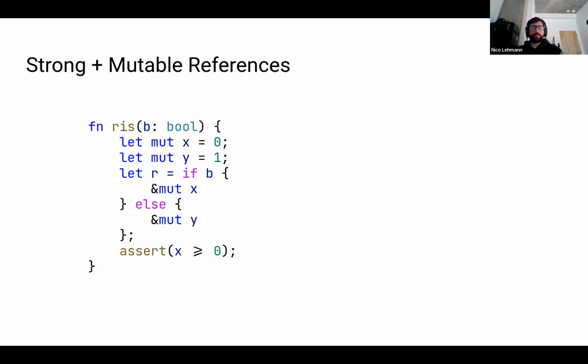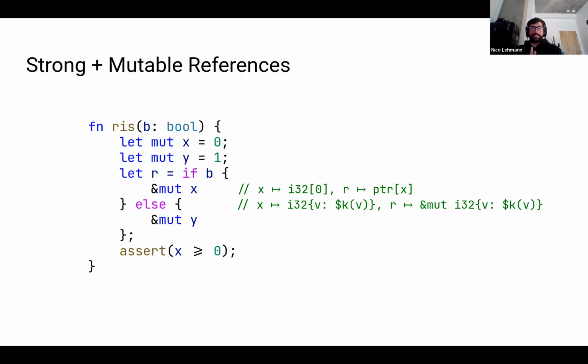When I take this mutable reference to x, what happens in Flux is that I initially take a pointer to it. So I have this x, which initially has type i32 of 0, and then R is a pointer to that x. But because I need to join both branches, I need to weaken the context in a way that both match. Applying the rule I showed you before, I'm going to weaken the type of x. It's not going to be 0, it's going to be